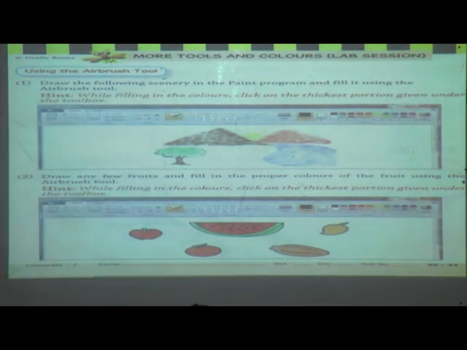Using the airbrush tool. By using the airbrush tool, draw the following scenery in the paint program and fill it using the airbrush tool. Means this scenery we have to draw in which tool? In paint.